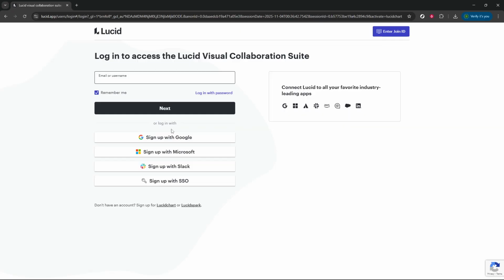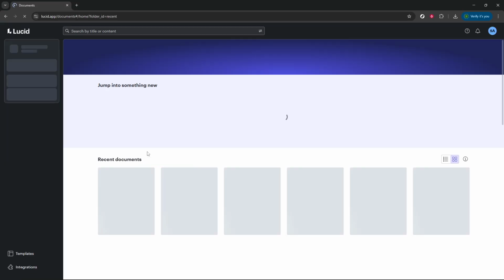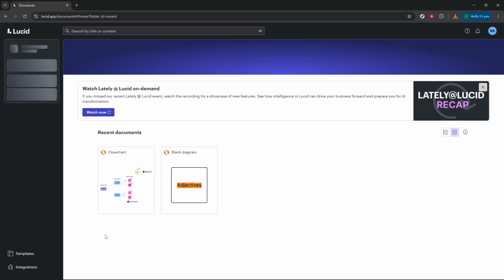If you don't have an account yet, you'll be prompted to create one. But for existing users, the next step is pretty straightforward. Now, for those of you who prefer using Google accounts for convenience and security, there is an option to sign up or log in with Google. This can save some time and effort, especially if you already have your Google account connected to other applications for